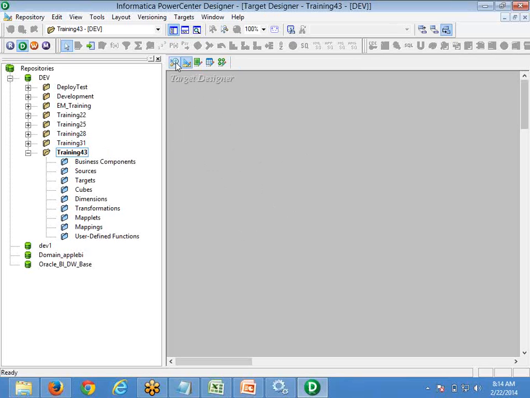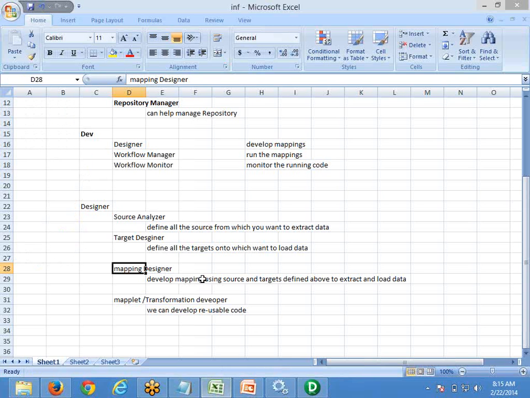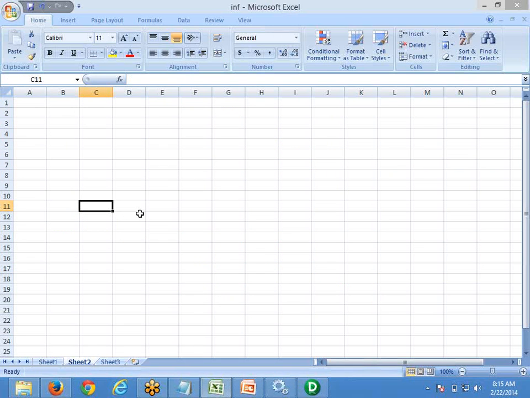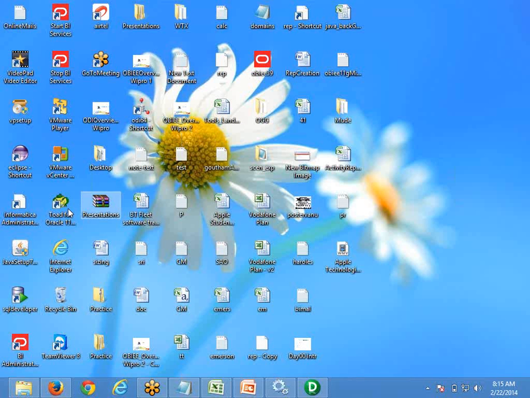Once you have defined your source and targets, you develop code in another small subcomponent or navigator, which is called the mapping designer. In our case, I think we have only 5 minutes left, so I'll just give a small introduction and we'll go into detail later. Right now I want to do a small exercise. In my database, I have